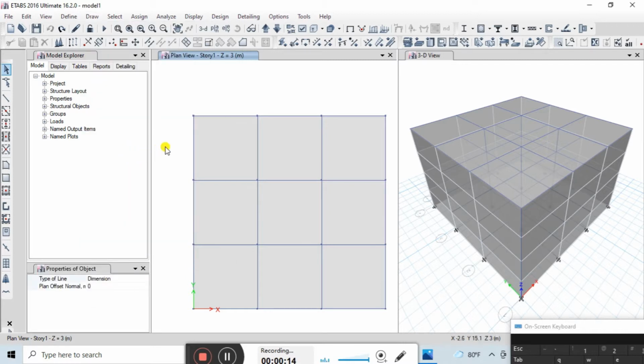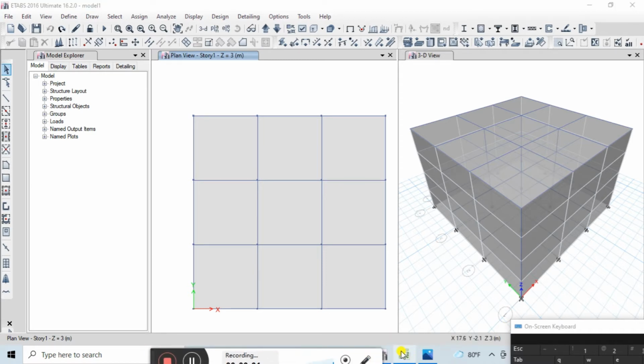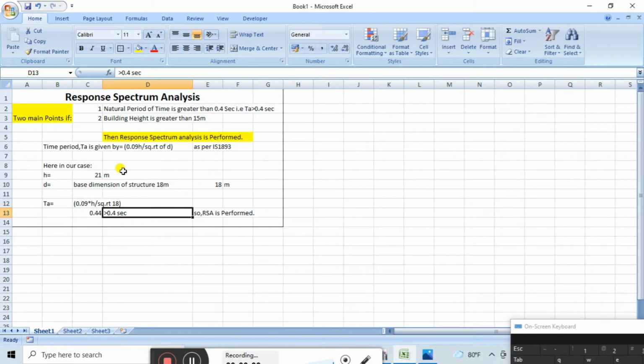After selecting it, press the mouse cursor over here and go to the last point. You can see the dimension of the structure is 18 meter. So our base dimension of the structure is 18 meter. Next, you can write over here the base dimension of 18 meter.